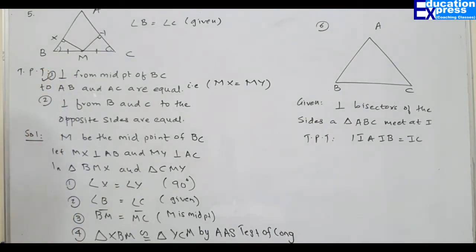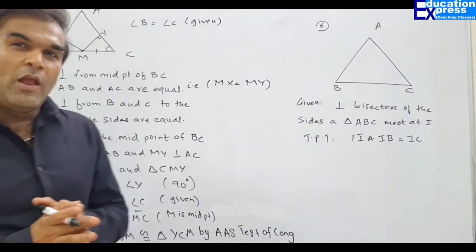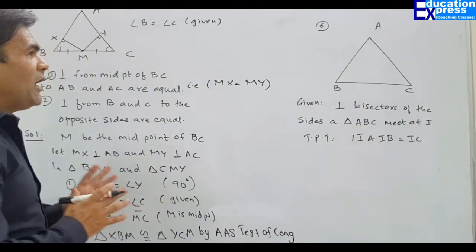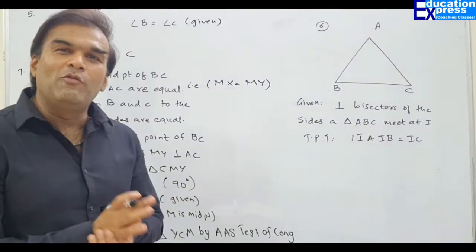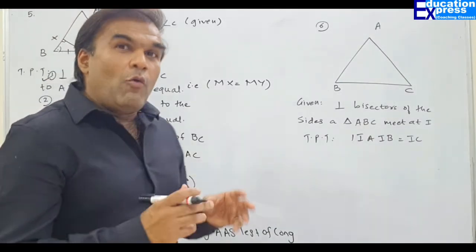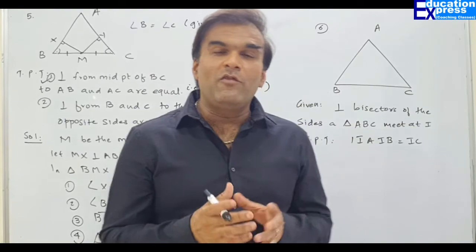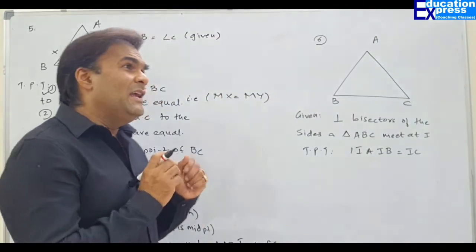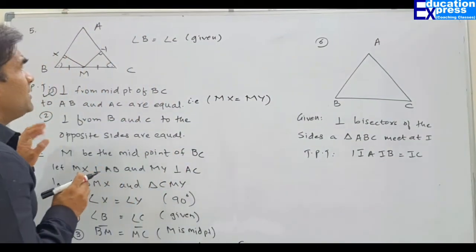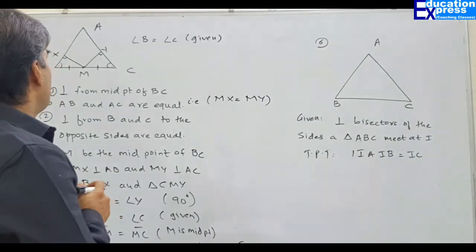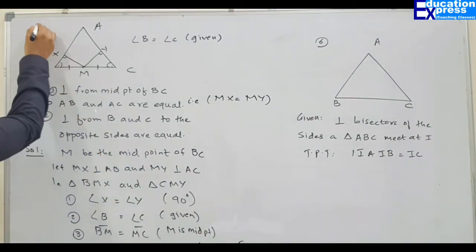First part, prove. My dear friends, as I told you, it's going to be very, very simple. You only need to remember which triangles need to be proved, and you automatically come to know what the obvious information is and what information we have to find from the given information in the question. Is there any extension to this question?